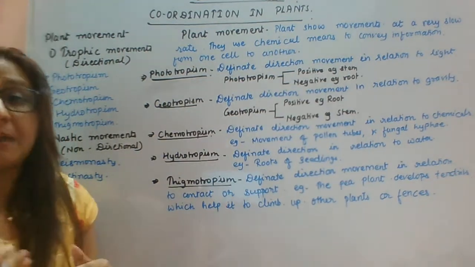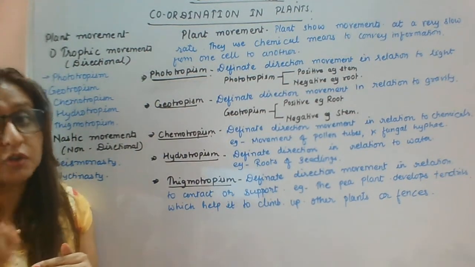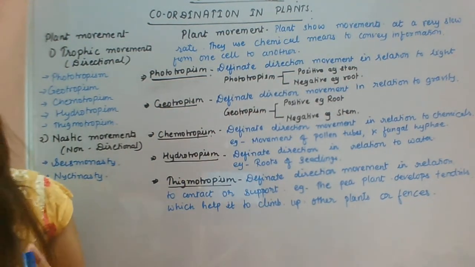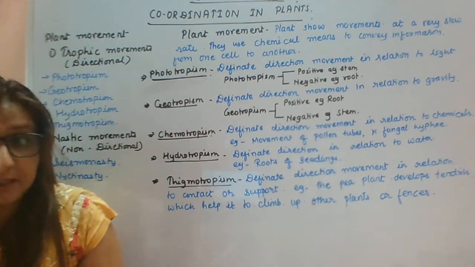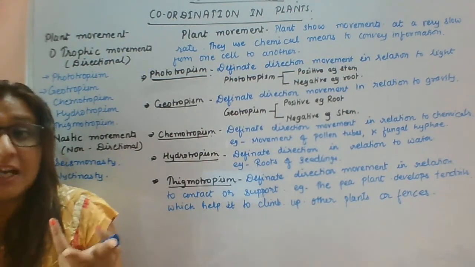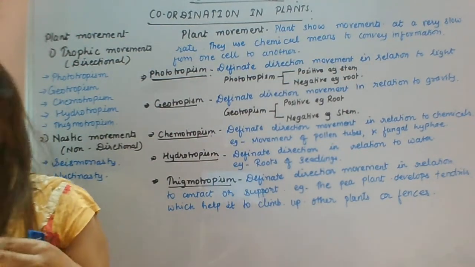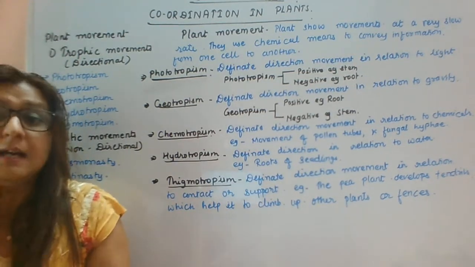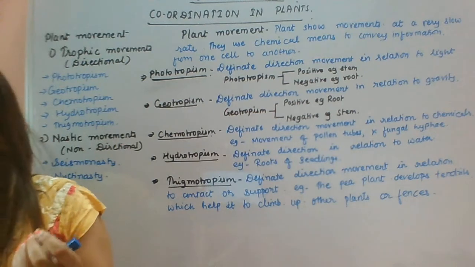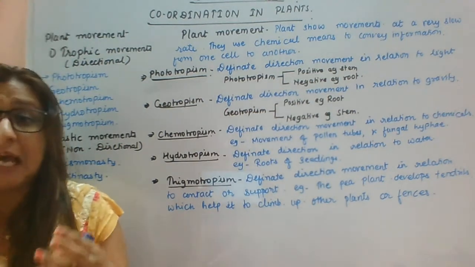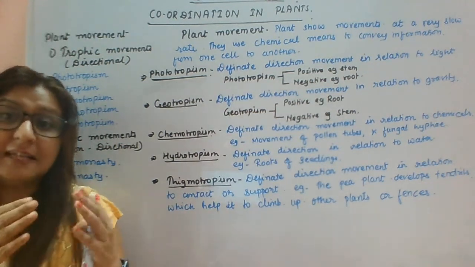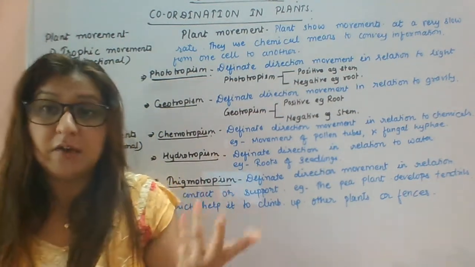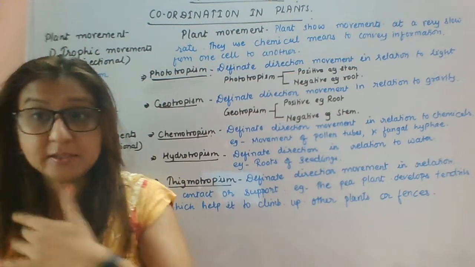And you can say the plants also show an immediate response to stimulus. So how do they do so? The plants use electrical and chemical means to convey their information from one cell to another cell. Also, plant cells change their shape by changing the amount of water, when the cells get swollen or shrink. This is also a kind of movement through which they show movement.